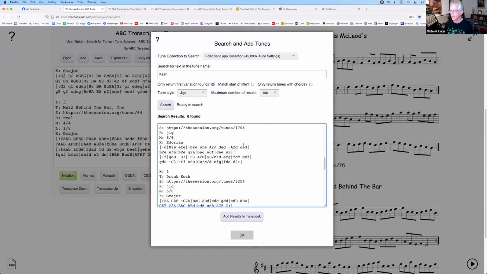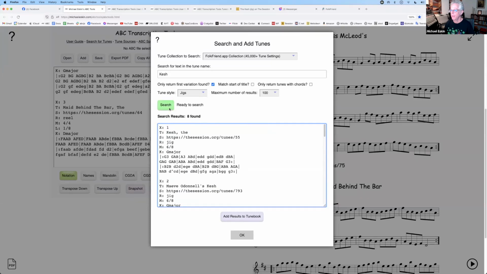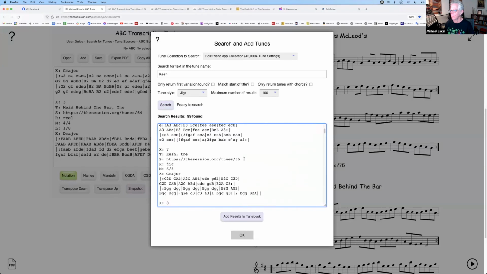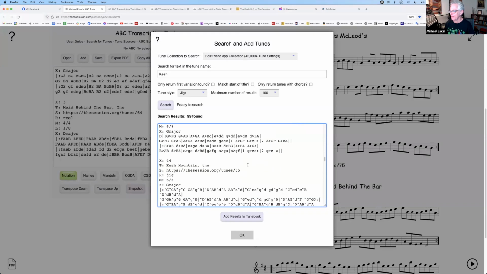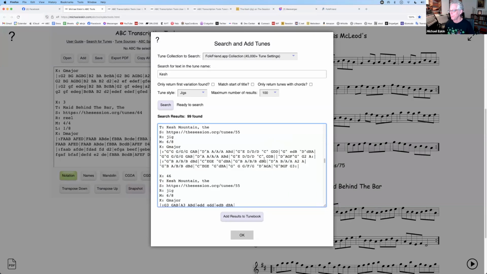Okay, so it got 8. Oh, I'm sorry. It said only. Let me do that again. I had to check only return first variation found. But here it found like every single thing that had Cache in it, right? So it really is a full blown scrape of thesession.org, and by getting